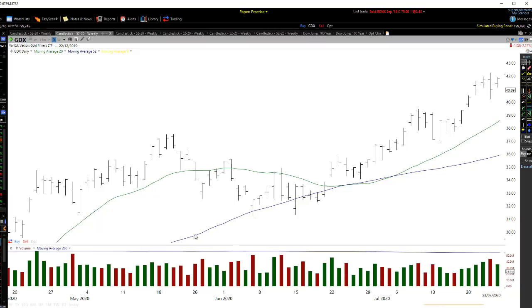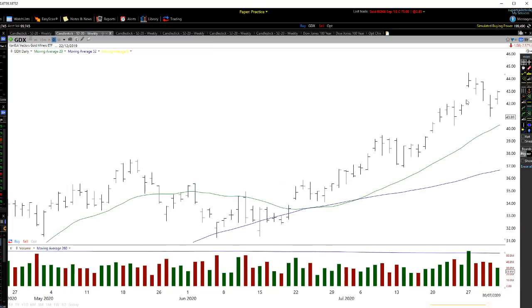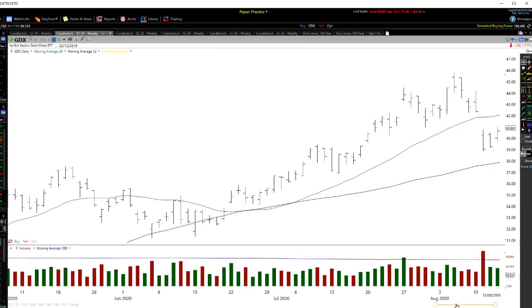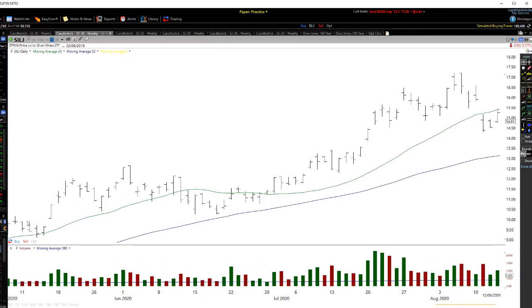when the 20 started to flatten out, even though the 52 was trending up through here, when you get the 20 flattening out, you get a lot of volatility, as you can see: up, down, up, down, up, down. And then guess what happens when the 20 starts to trend and the 52 starts to trend? You start to get a very nice upward trending motion there for a while. Moving on now through to the